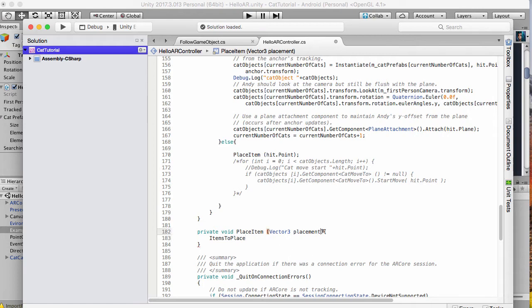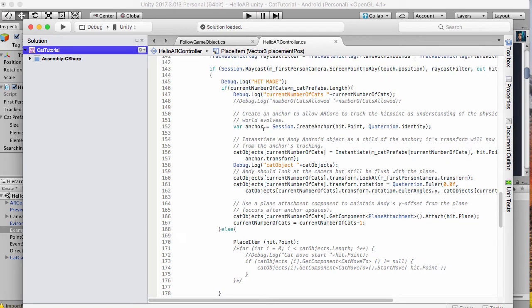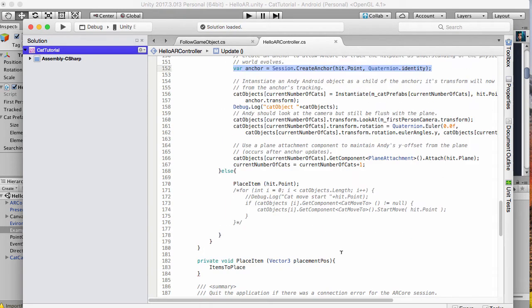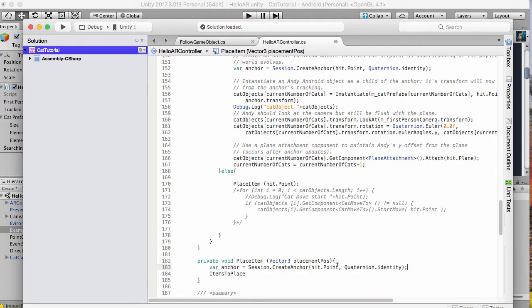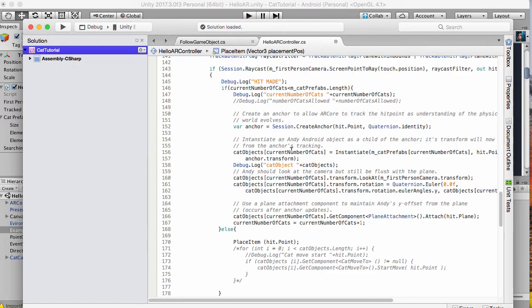Okay, so I'm going to call this placement position actually, so that makes a little bit more sense. And we're going to use the code that we've basically always been using. So we've got an anchor point, since we're using it in ARCore. We want to anchor the gift that we're putting at the present item. We're going to anchor it first of all, and we also want to then instantiate the item similar to what